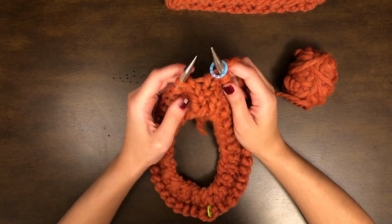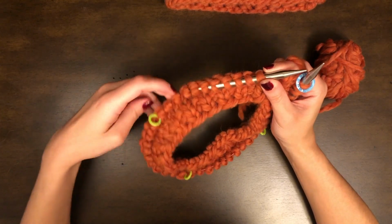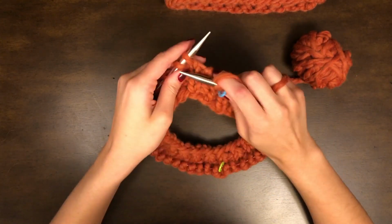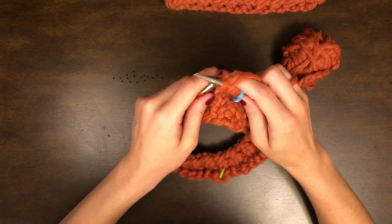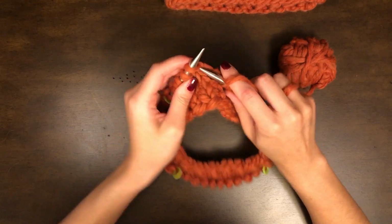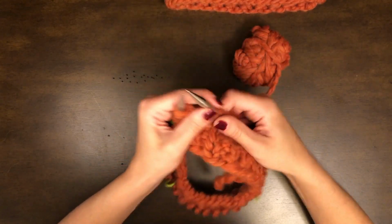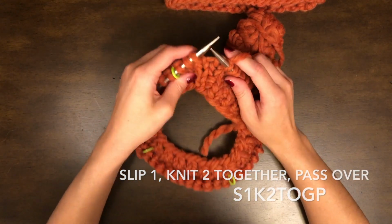Righty. So move this over. And now is where we do the decreases. So you are going to knit up until 3 before your marker. Okay, here I am 3 before the first marker, and the first thing I'm going to do is slip as